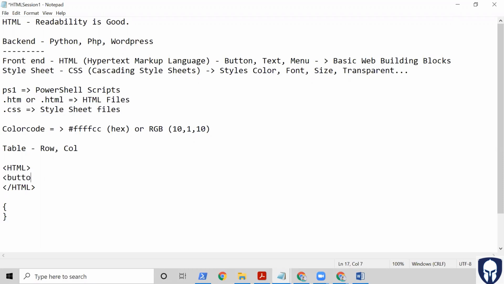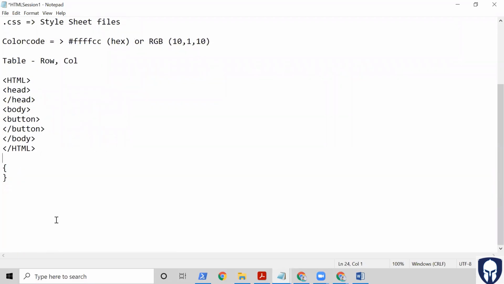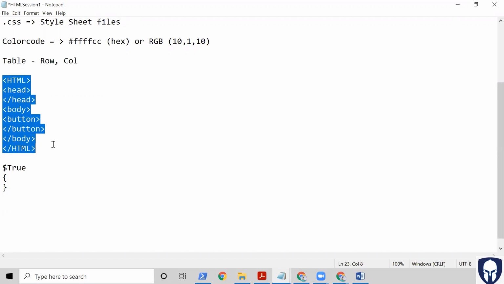It can be a button, and if we start a button, the button will be ending like this. And then there will be body, and if we start a body, it will be ending with slash body. Okay, and if we have a head, all these are predefined. Predefined in the sense like how we have in PowerShell, let's say dollar true is a predefined variable, right? Similarly, all these HTML things are predefined, and this will be used to build the HTML building